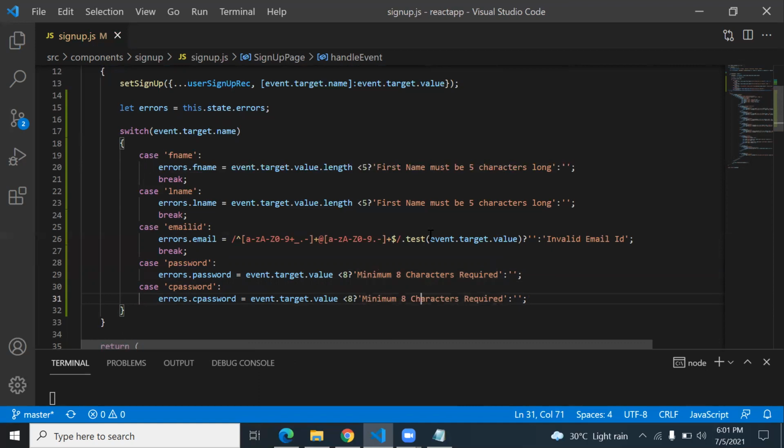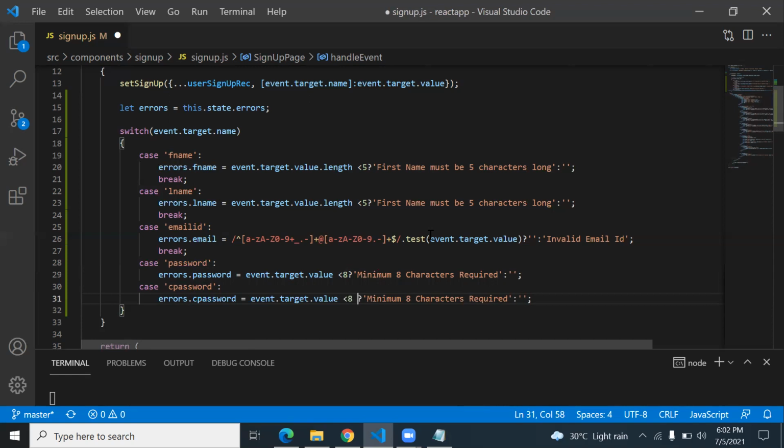One more condition you can check here. If the event dot target dot value is less than 8, then you show this error, and maybe the confirm password and password both do not match, then also a problem.